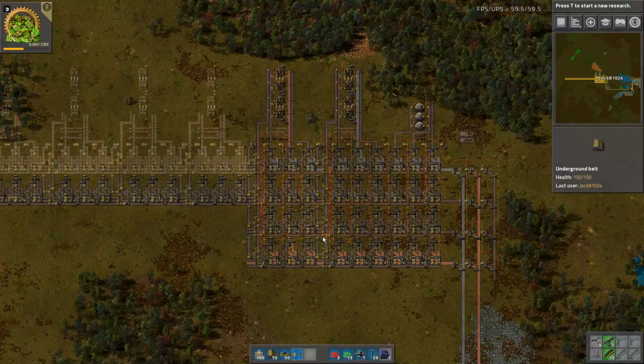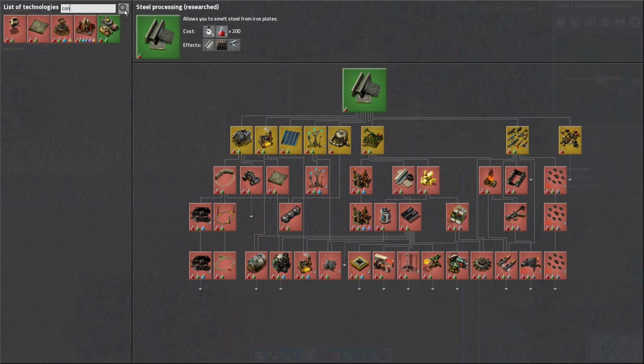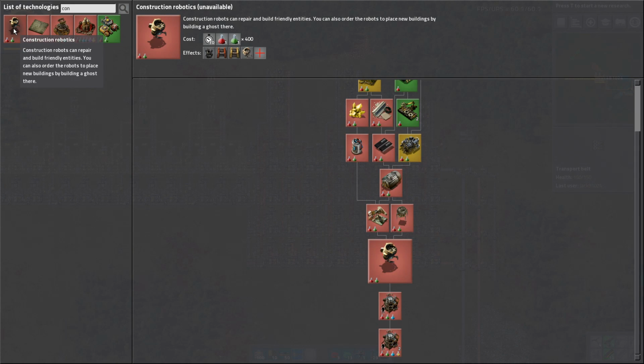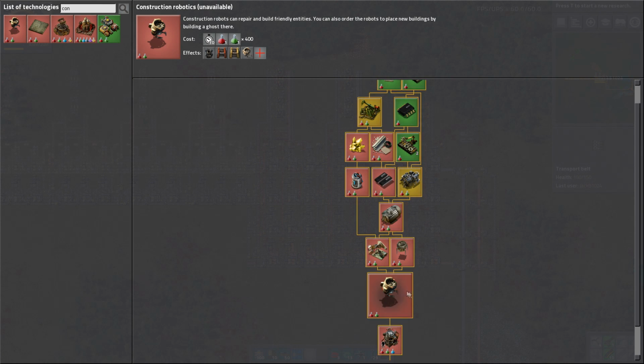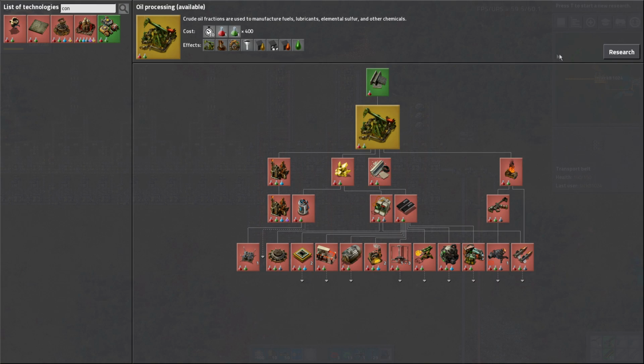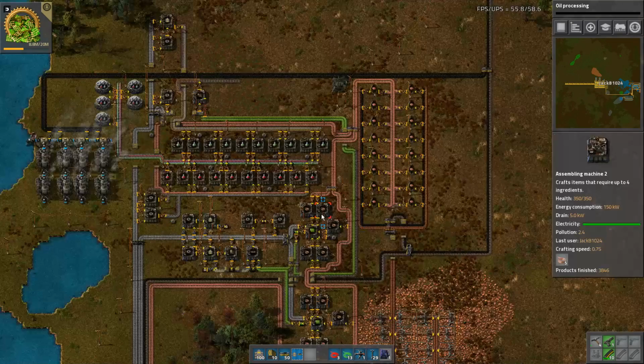And so what we're going to do now is we're going to keep researching, and we're going to try to get 2 construction robots because they will make the construction of our main bus a lot easier. So we'll start with oil processing, and if we look over here,